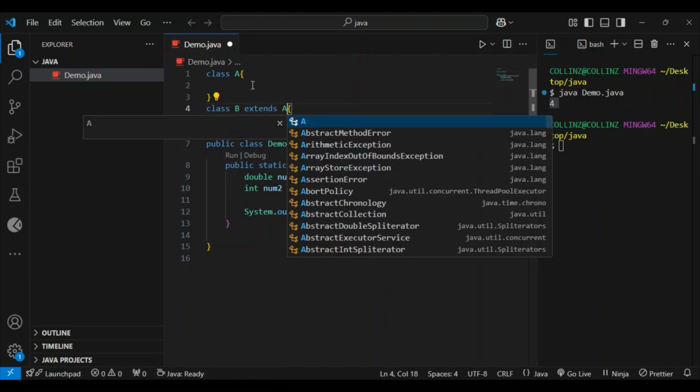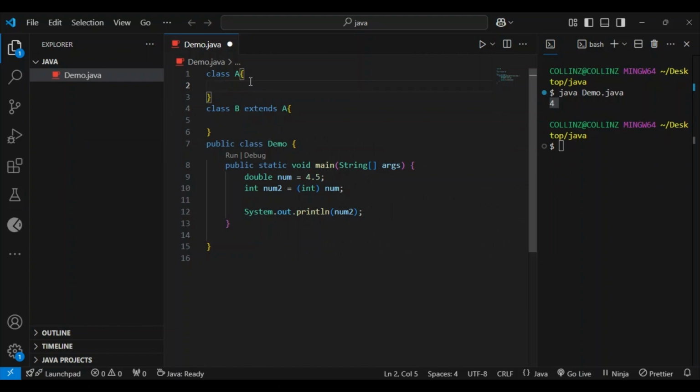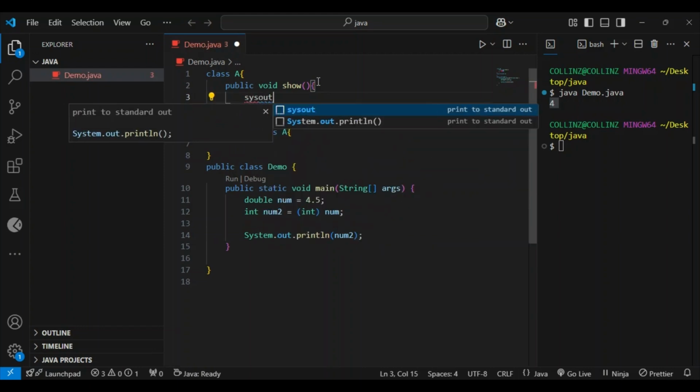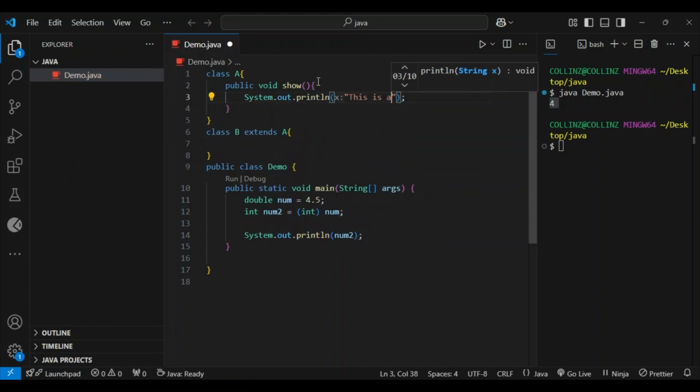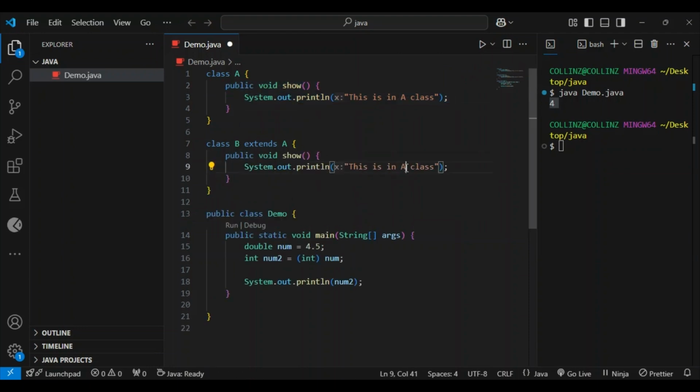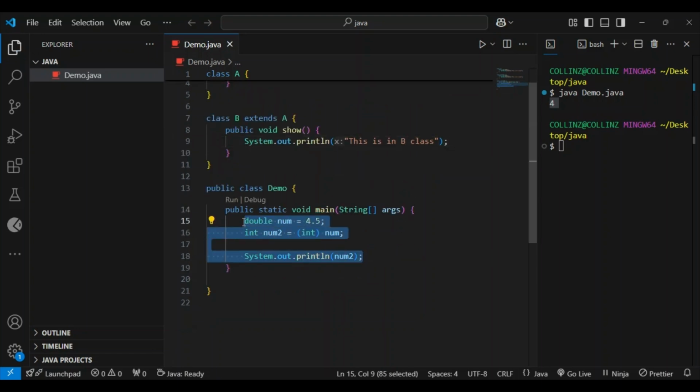Extend A. So inside here, I can create a method, public void show, which is just saying this is in A class. This method is in A class. I'll do the same thing for B. So I can come down here. I'm going to first explain what is